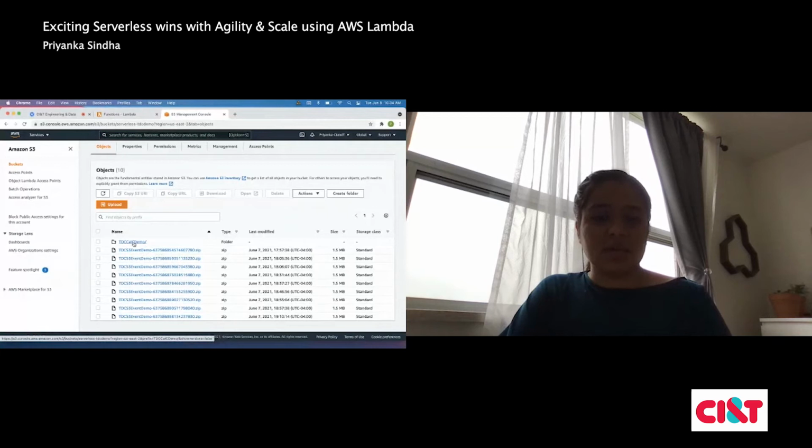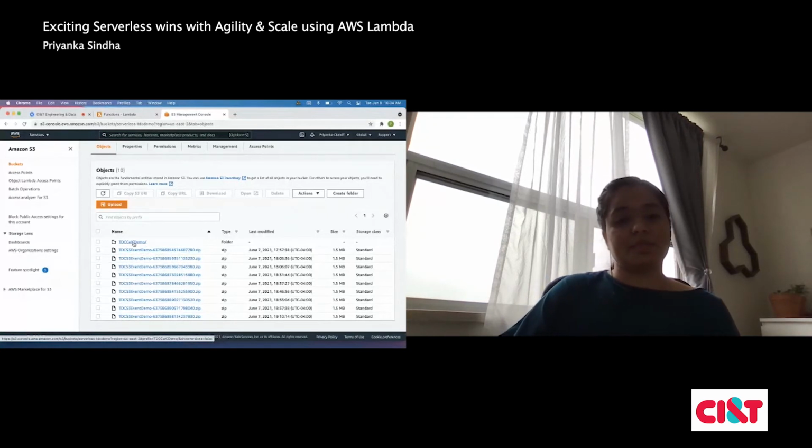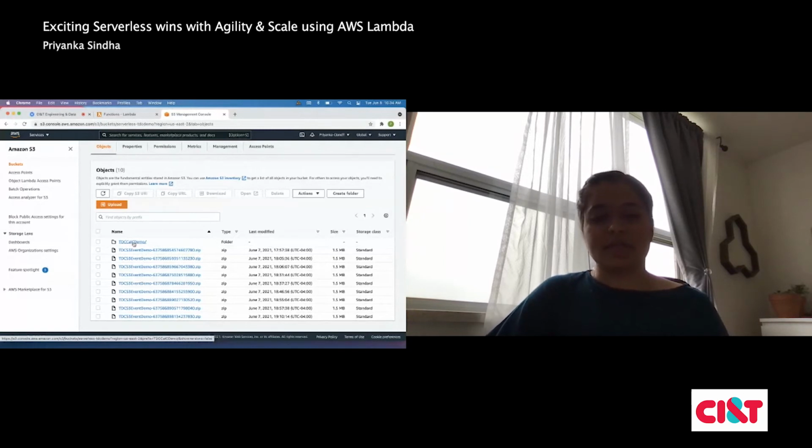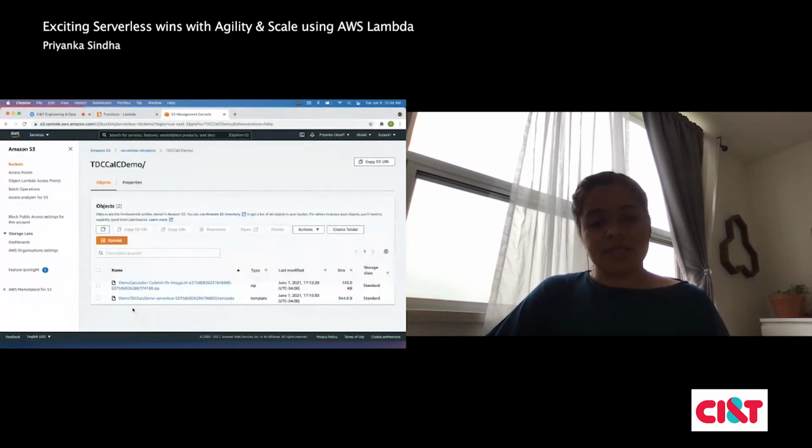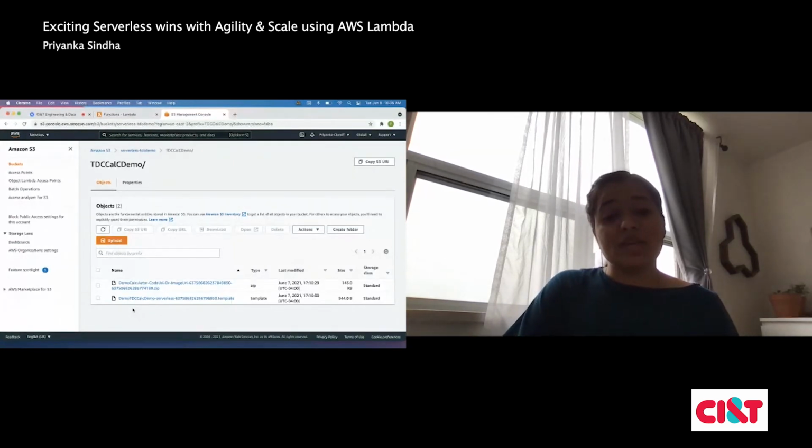Then the calculator demo will have a zip file and the serverless templates. So this is a Lambda function itself, but it is just defined as an AWS serverless function. We can talk more about it in the next couple of minutes, but for now, when the serverless function deployment happens, it deploys a zip file, and then it has a serverless template that goes with the same unique ID associated with that package.